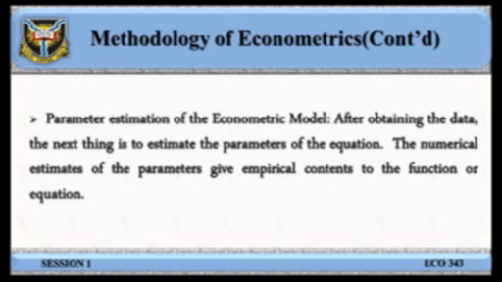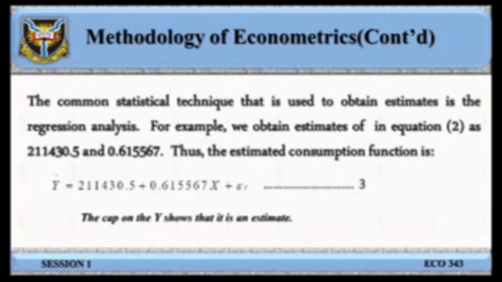5. Parameter estimation of the econometric model. After obtaining the data, the next thing is to estimate the parameters of the equation. The numerical estimates of the parameters give empirical content to the function or equation. The common statistical technique used to obtain estimates is regression analysis. For example, we obtain estimates of beta 1 and beta 2 in equation 2 as 211430.5 and 0.615567. Thus, the estimated consumption function is